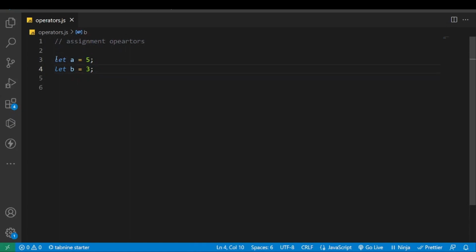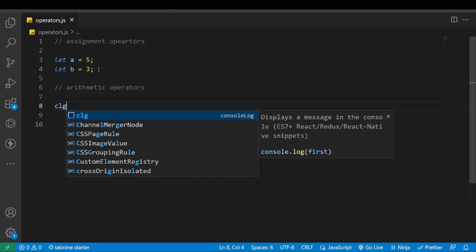Now if I'm saying let a equal to 5, that means a is going to store the value of 5, but it doesn't mean that a is equivalent to 5. It means a stores the value of 5, just the same as b equal to 3. Now if you want to perform operations here, that takes us to arithmetic operators. So if I say arithmetic operators, and now maybe I say console.log